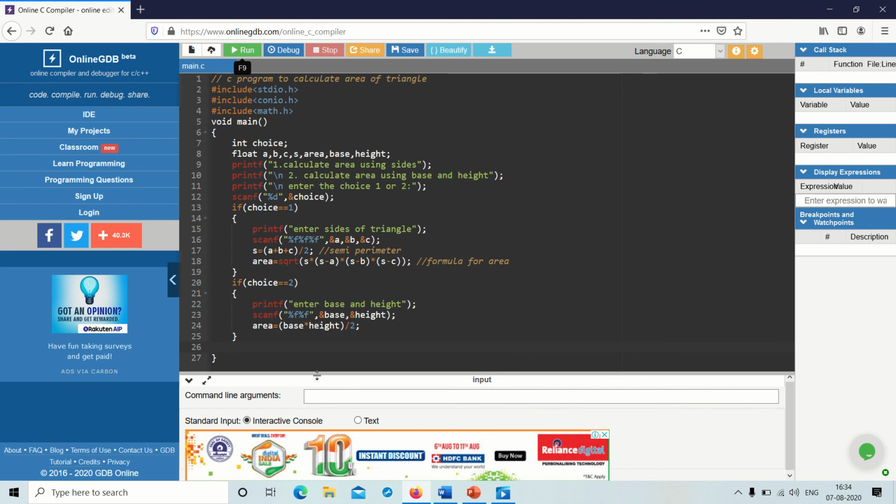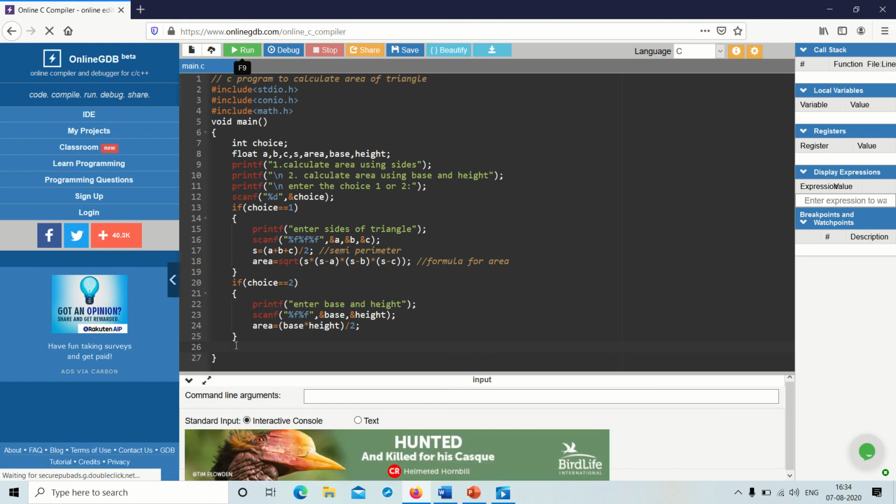Now what will happen if we enter a wrong choice? That means it may be 3, 4 or 0 or negative numbers such as -1. Then what should be the output? For that I am writing an if block. If choice not equal to 1, and I am here using the logical AND, which will be executed if both the statements are true, otherwise it will not be executed.